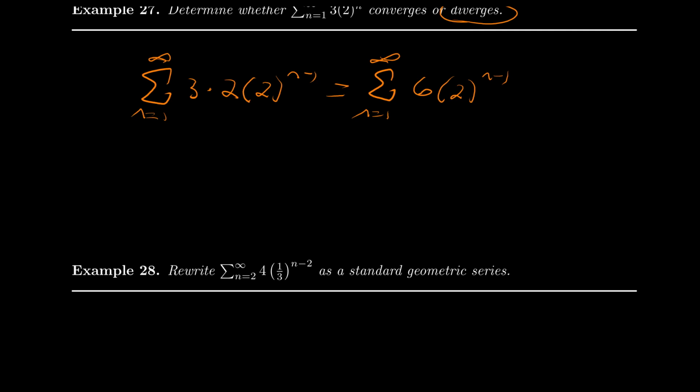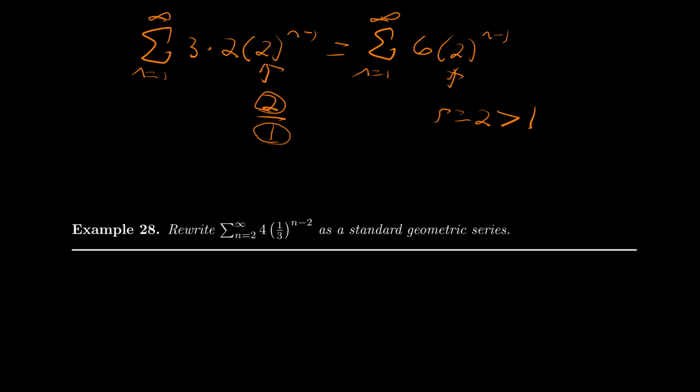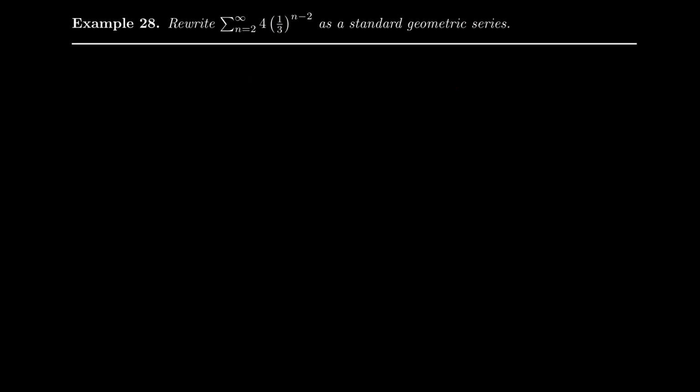Okay then. But in that case, r equals 2, right, which you'll notice is greater than 1, so then this thing diverges. Because remember, all you want to know is whether the thing that you're raising to an exponent is a proper fraction. If it is, it converges, otherwise it diverges. Well, clearly 2 divided by 1 is not a proper fraction. The top, the numerator, is bigger than or equal to the bottom. So, there you go. I want to rewrite this bad boy right here, in the next example, as a standard